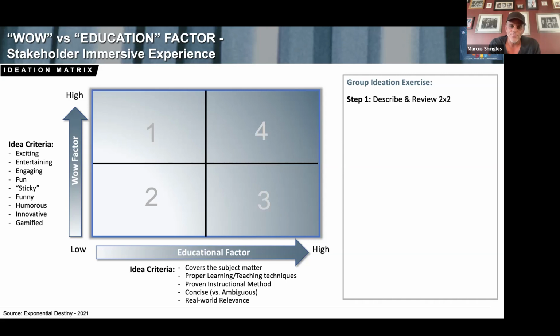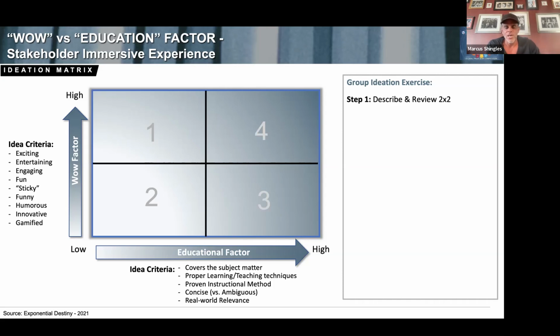On the flip side, the students got into this virtual reality environment and they just wanted to make it exciting and entertaining and engaging and fun and humorous and innovative and use game mechanics and make it seem like a game. Almost to the extent that there was no educational factor. Like it was almost too much wow factor, we call it, like all these cool things to do,